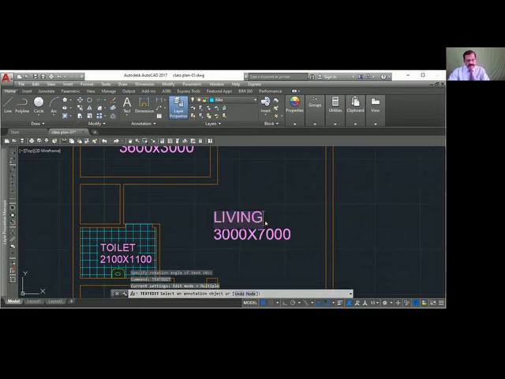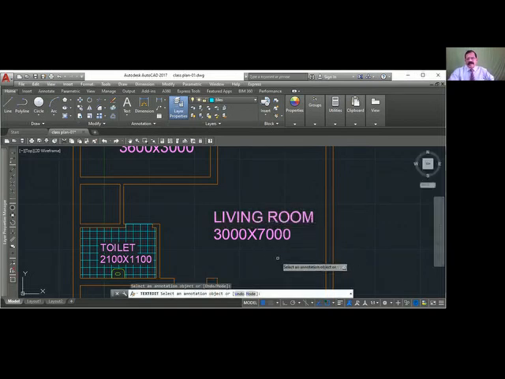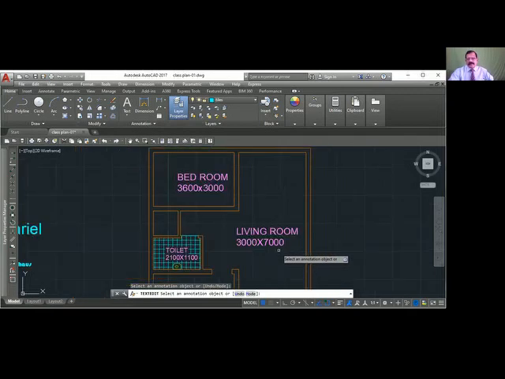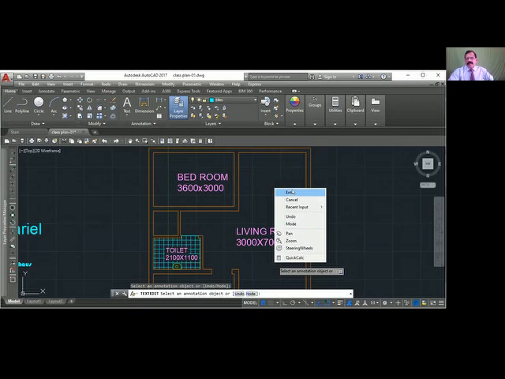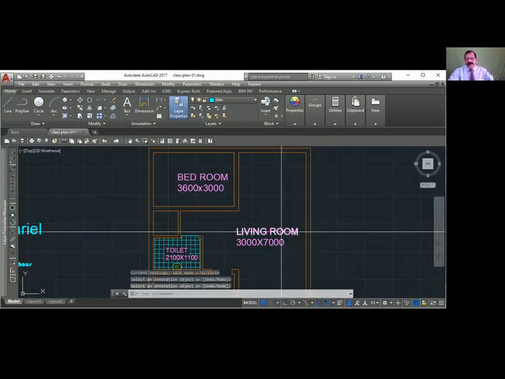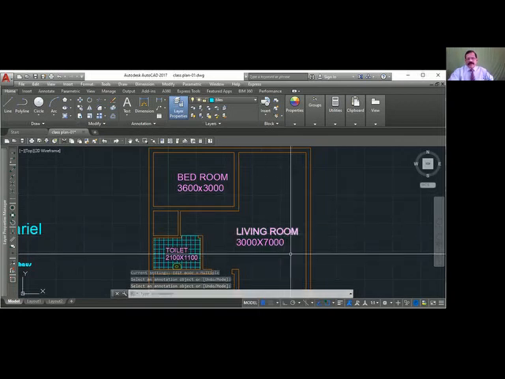Click here, room. So text edit, to edit a text. I hope you got it. If you want to correct only, edit only, you can use text edit.